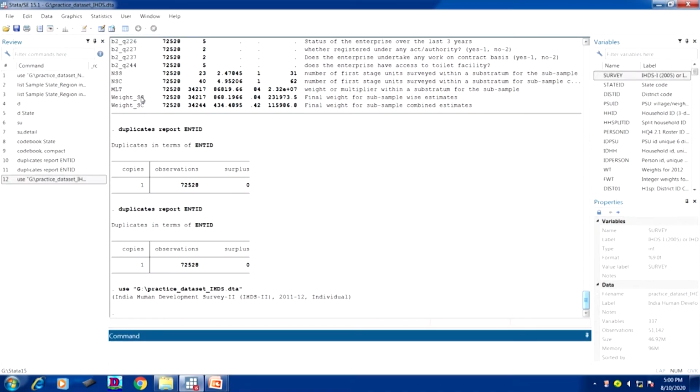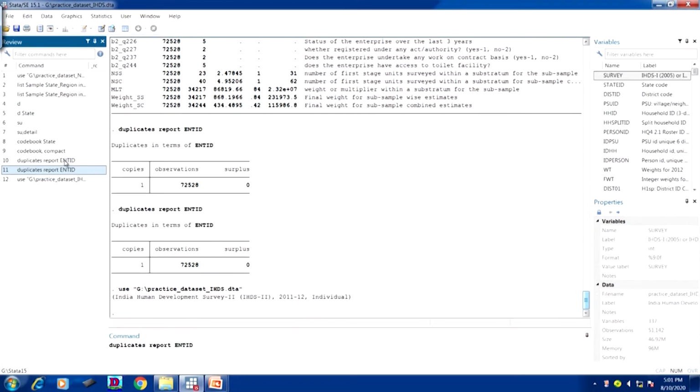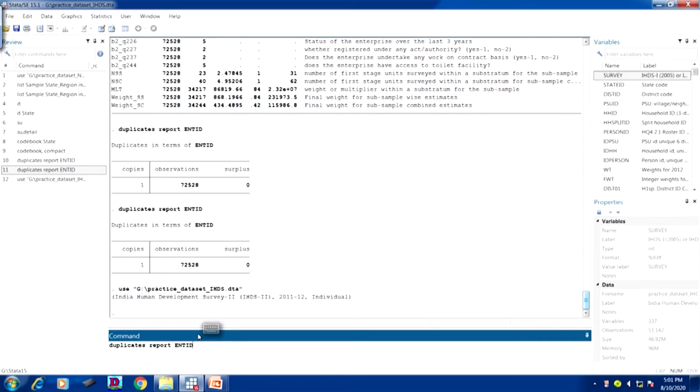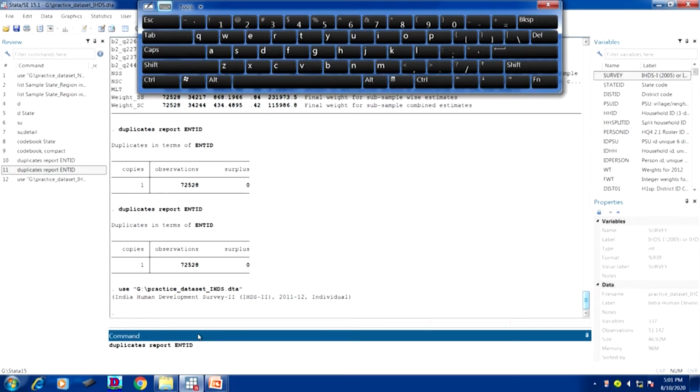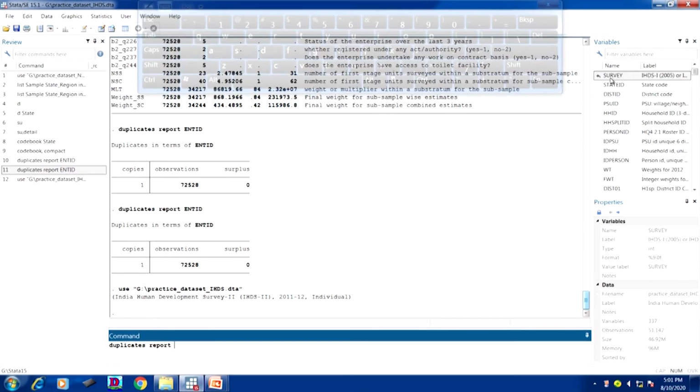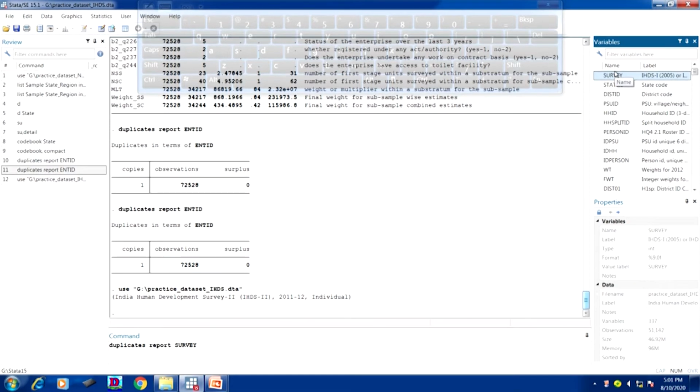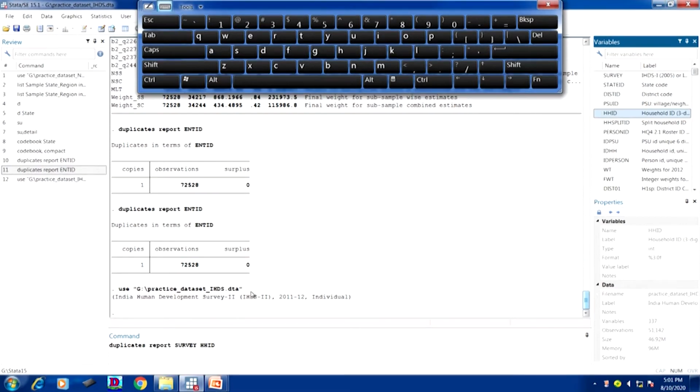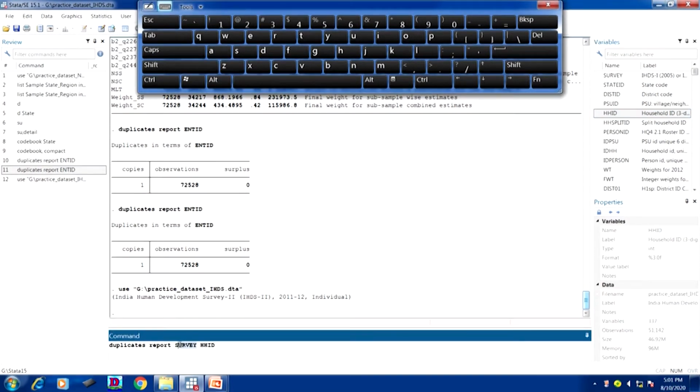Now from the ISDS data, if I go by the same command, duplicates report, I have the command here. Now instead of this, I will enter the ID for us. The second one is ID, HH ID is there.